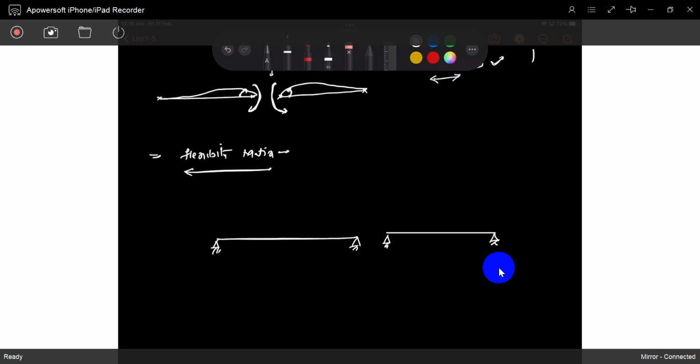So for this structure you have to find out the flexibility matrix. How to find out the flexibility matrix? Very easy. You have to apply a unit force and find out the deformation. For MA, whether you take it clockwise or anti-clockwise, the flexibility matrix doesn't change. So if you take a clockwise unit force,